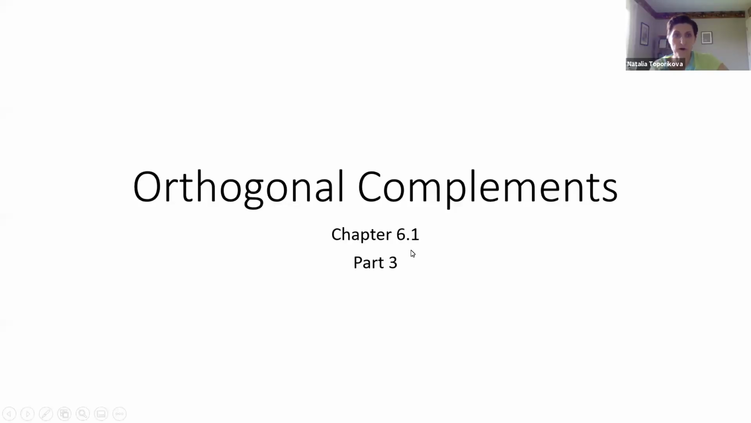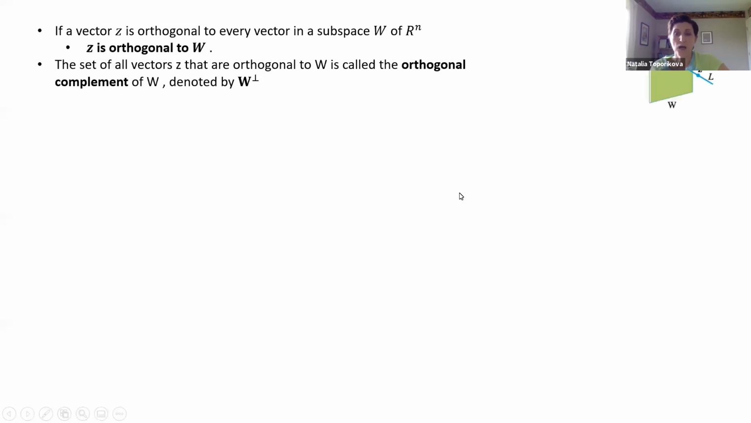Hello, this is the third part of chapter 6.1, and we will talk about orthogonal complements. Generally, the idea of orthogonal complements helps us expand our ideas of subspaces and multidimensional spaces. For example, let's take subspace W, which consists of multiple vectors. Here we're using R3, because it's easier to plot. Our subspace W is actually a plane in